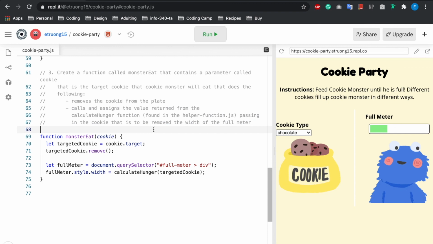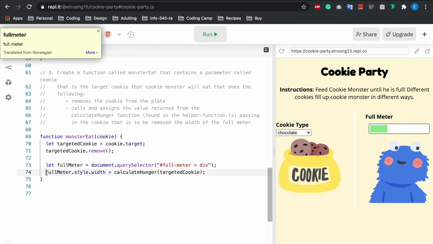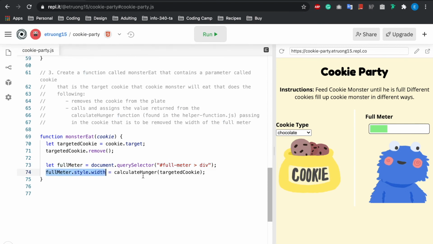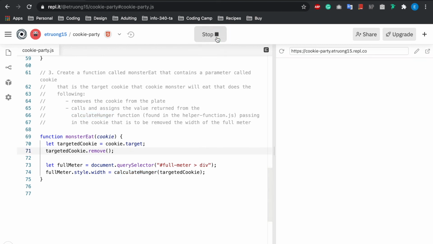The last thing that we need to do is first select the div that is within the full meter ID element. And so I just selected it here. And then I assign the full meter's width to equal the results that are returned from calculate hunger after passing in the targeted cookie. And so if I were to run this,